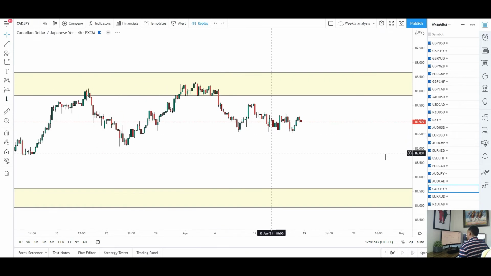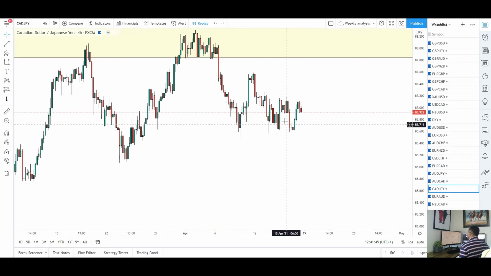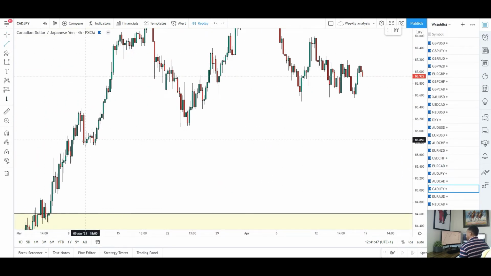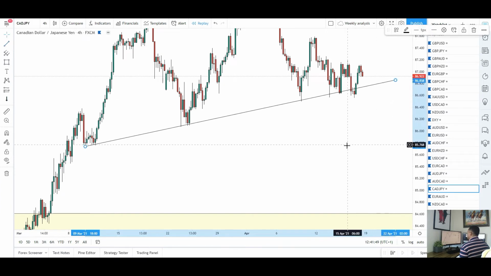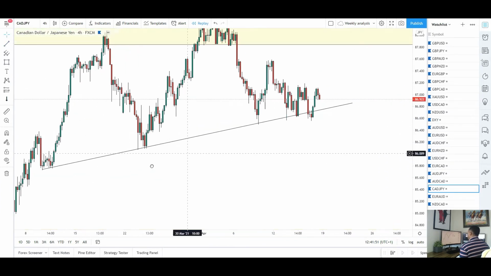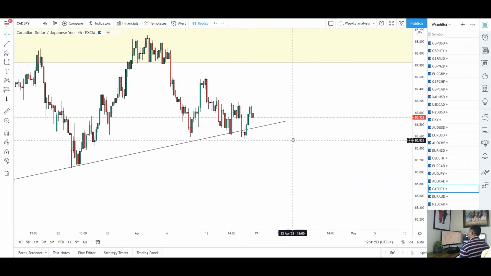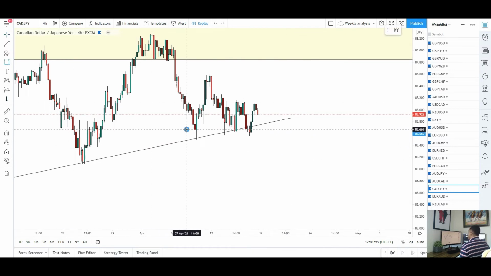I was expecting to see a push to the upside this week and then a move back down. However, price did not do that. Price kind of had a move to the downside and then consolidated a little bit. I believe we are still holding this trend line here intact. As you can see, support. I've tested it a few times, and it looks like the market is having a real hard time